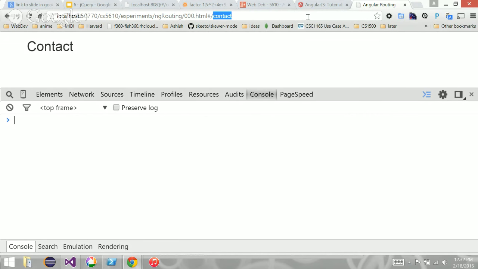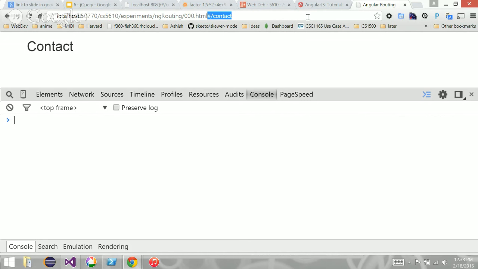What Angular does, or the routing mechanism does, is it listens for changes in the hash. Just like you have a window.location, which allows you to change the location and listen for changes in the location, JavaScript also allows you to create event handlers on changes of the hash. Has the hash changed?